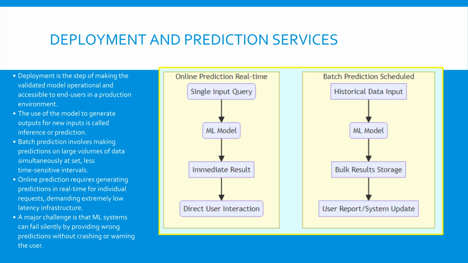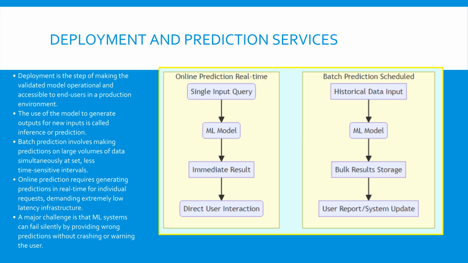With the model trained and thoroughly validated for generalization, we proceed to deployment. Deployment means integrating the model into a working environment where users or other systems can access its decisions. The act of generating outputs for new input data is called inference or prediction. We must choose the right prediction service based on speed requirements. Batch prediction is used for tasks that tolerate delay, processing large data volumes simultaneously, e.g., calculating all user credit scores overnight. Online prediction, conversely, is required for real-time applications, like search recommendations, demanding predictions for individual requests with minimal delay